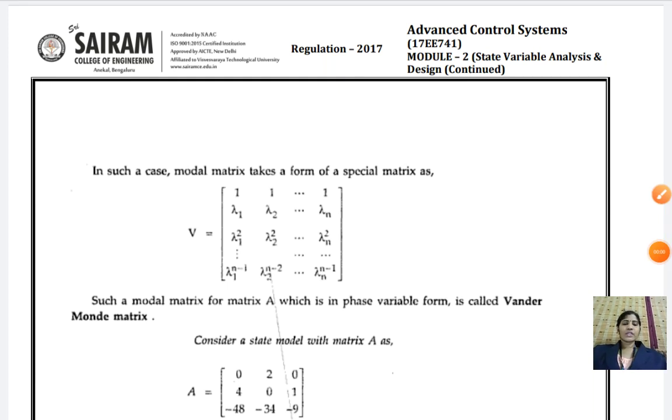Good morning students. In the previous class we discussed the basics of eigenvalues, how to identify the eigenvalue, and what the equation representing the characteristic equation of a state model is. From the characteristic equation, you can identify the stability of the system. We also discussed the importance of the modal matrix and how exactly we need to calculate the modal matrix. All these things we discussed in the previous class.